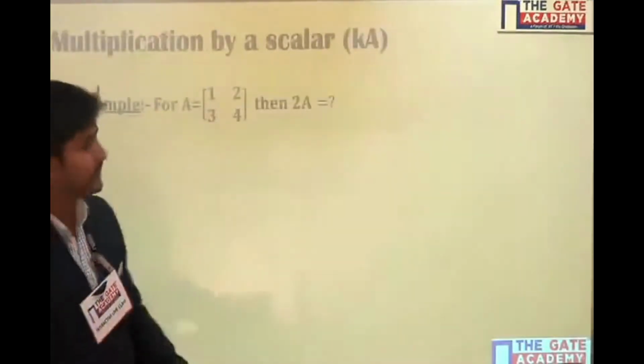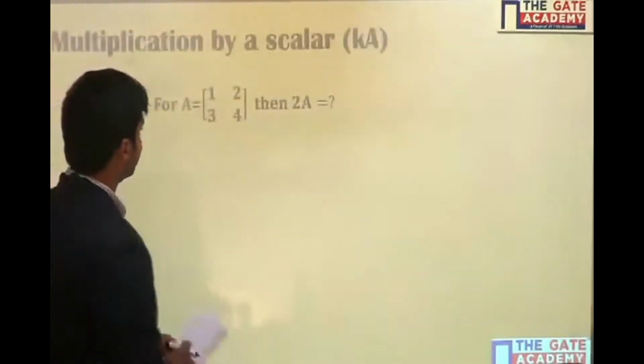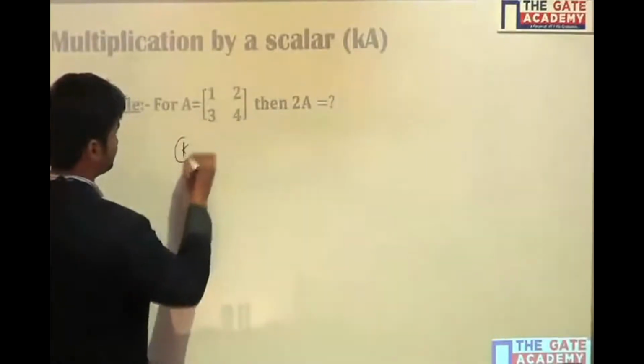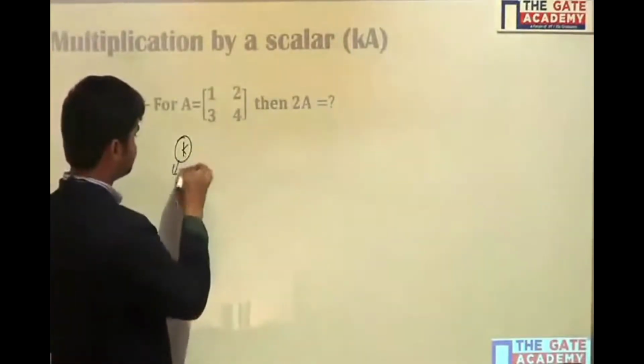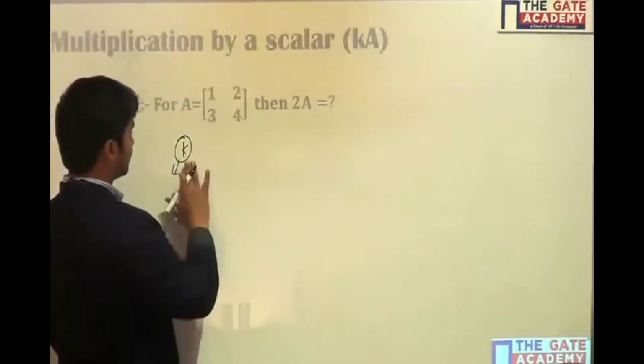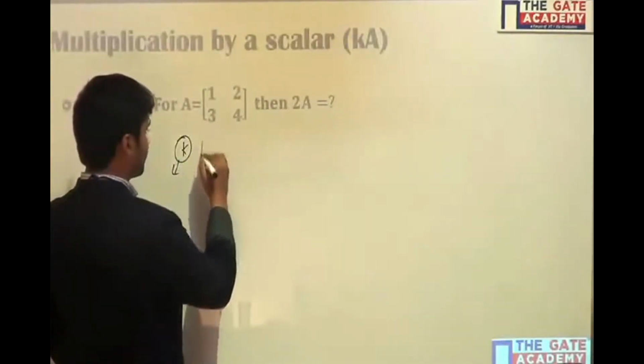So next is the multiplication by a scalar. What is a scalar? A scalar is a number which is not a vector. By vector I mean the direction. So a number k, when multiplied with a matrix A,